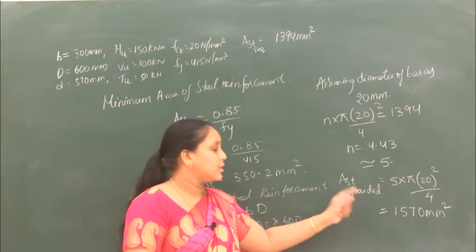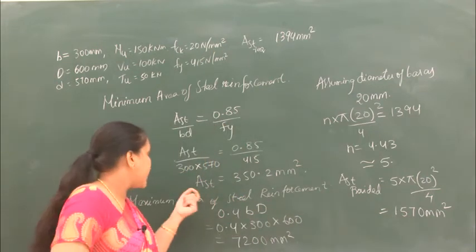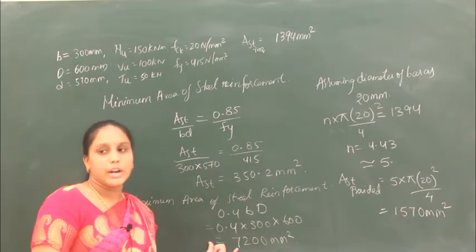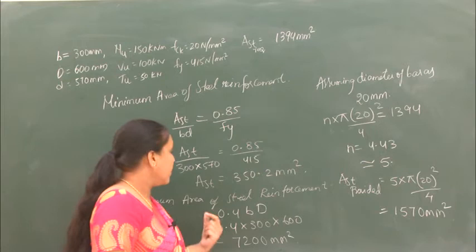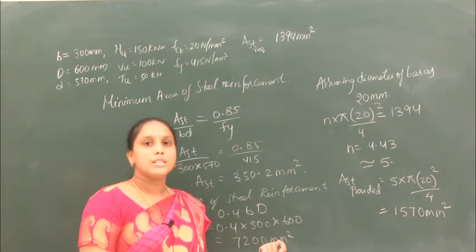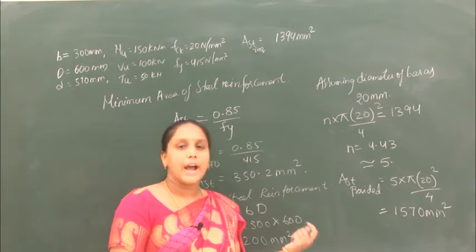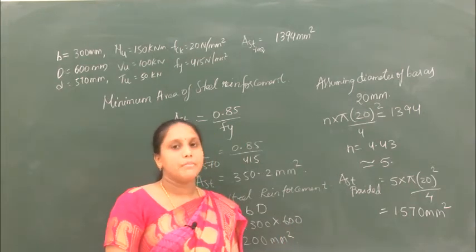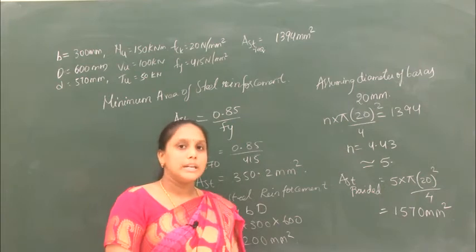So the Ast provided should always be in between the minimum area of steel and the maximum area of steel reinforcement which has to be provided. Now how many bars am I providing? I am providing 5 bars, with a dia of each bar being 20 mm in the tensile zone